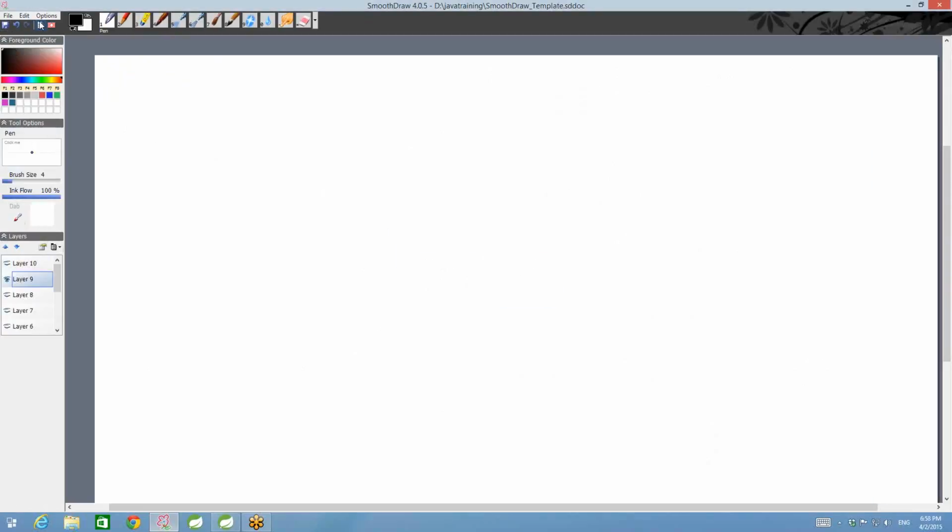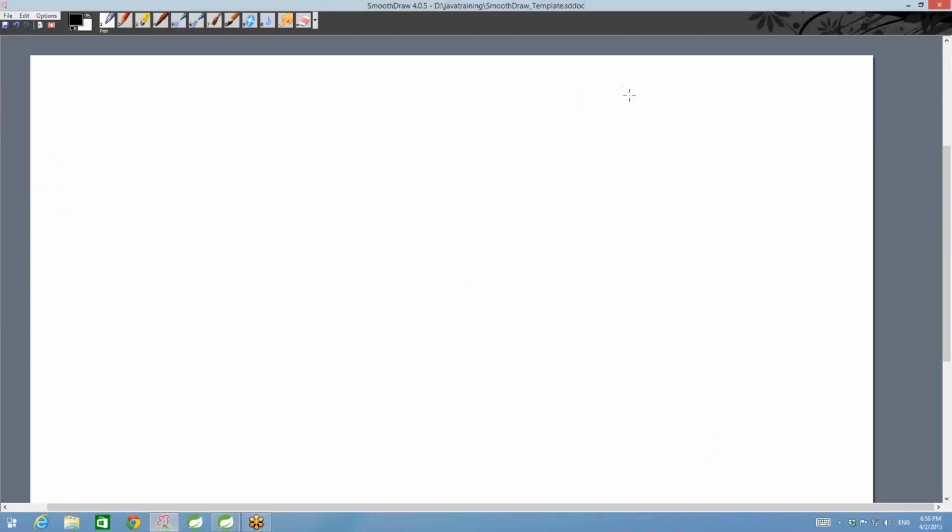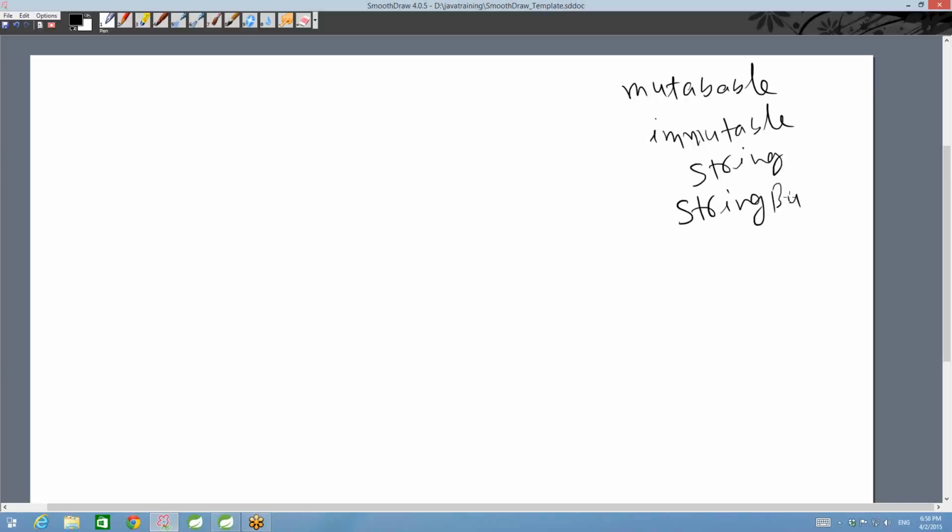I'm going to mention one more time the difference between mutable and immutable. And then I'm going to mention that java.lang.String, our string object, is immutable, and then I'll introduce the corresponding counterpart called StringBuffer. And then